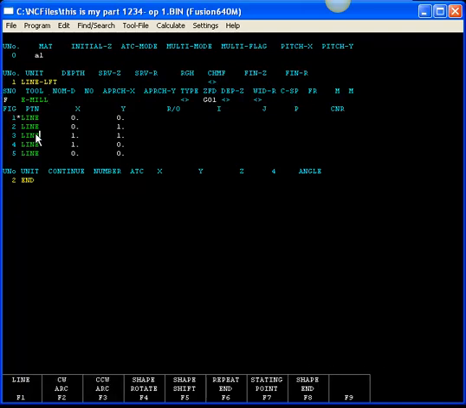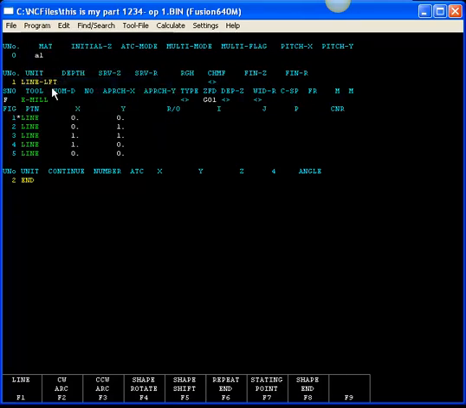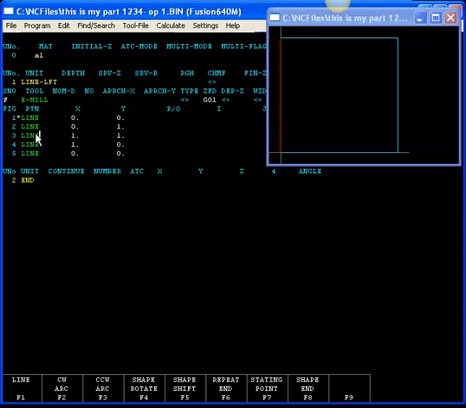For instance, I'll put my mouse on line number 3 here, and then I'm going to do a plot shape. Bring that picture over to the window. Now here you see that we have a line that's red. That is actually line number 2. And then we have a line that's blue after that. That would be line number 3. And the lines following line number 3 are still in blue. So basically that tells me that this is the line I'm working on right now.